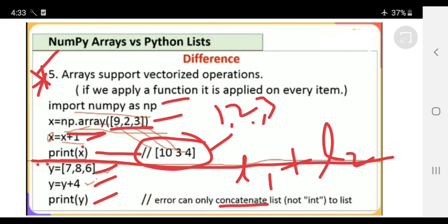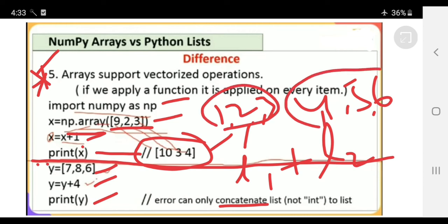L2 values are 4, 5, 6. So this is list 1 and this is list 2. List 1 values will be appended with list 2 values. Then the answer will be 1, 2, 3, 4, 5, 6. It is not going to do the addition operation, but it will join both lists. That is the operation supported by the list.